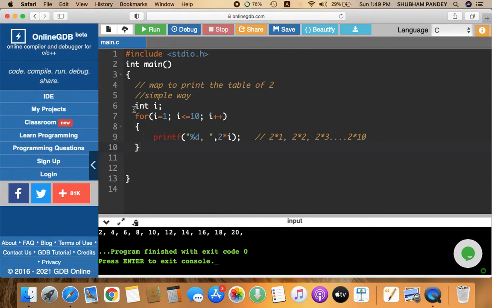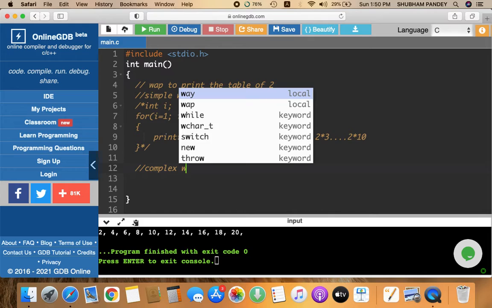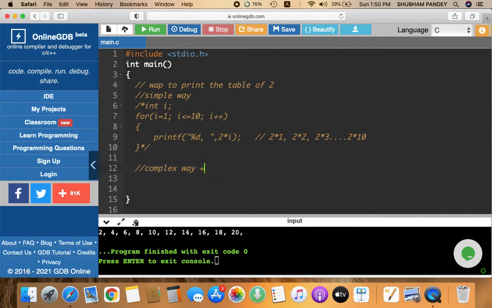Now see the important problem that is going to come in your examinations. So I am going to comment out this section. This is a multi-line comment, you know. Now let's discuss the real problem which is going to come in your examination. So the complex way. What is the complex way? Now you ask the question, what is the complex way? So see, I want to print the table like 2 into 1 is equal to 2. Then again in the next line, not in the same line, next line, 2 into 2 is equal to 4, and similarly here 2 into 10 is equal to 20.